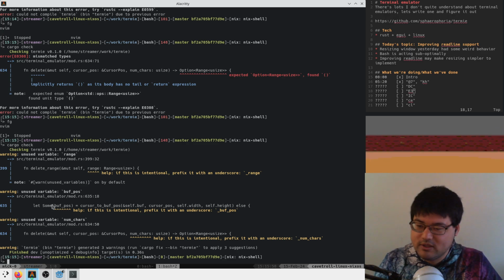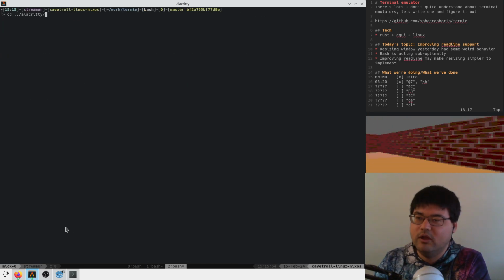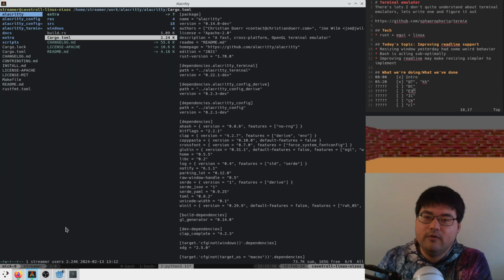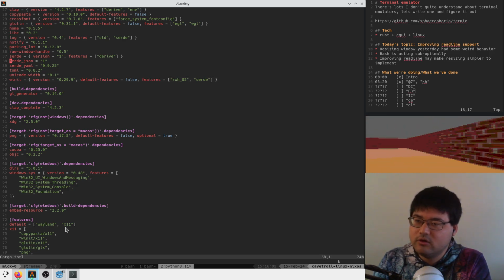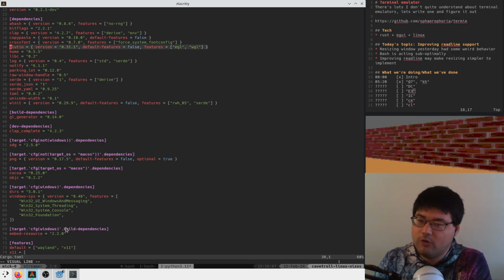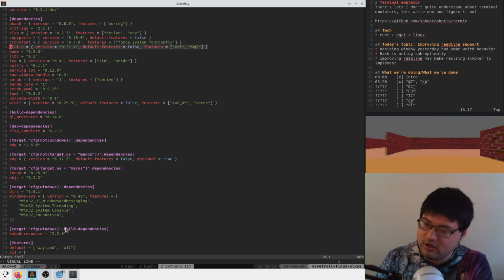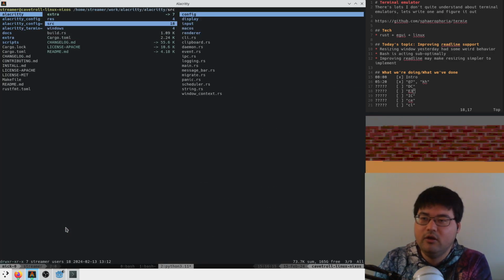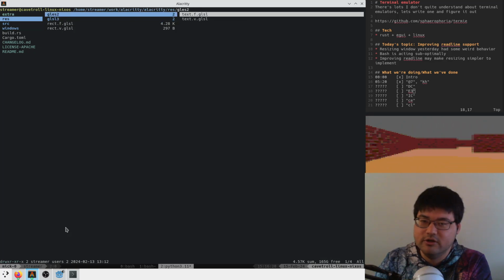Okay. What's Alacrity using? That's a good question. I'm kind of curious now. So we can go to Alacrity and maybe look at its thing. I know that he's using winit to construct the window, gluten for OpenGL stuff, and if he's got gluten as a dependency, certainly he's just doing it by hand, right? He's probably just writing OpenGL shaders manually. Yeah, so here we have OpenGL shaders, and we can look for,